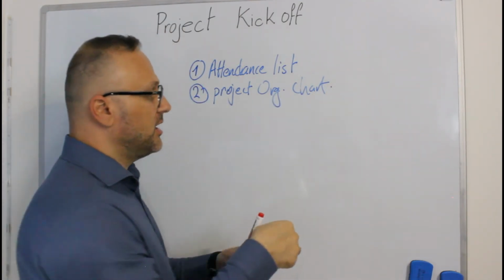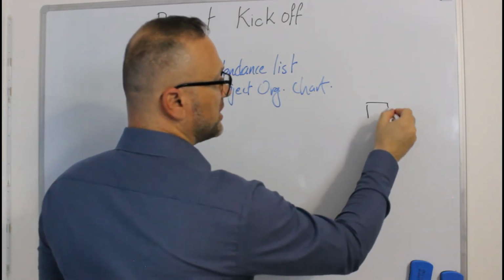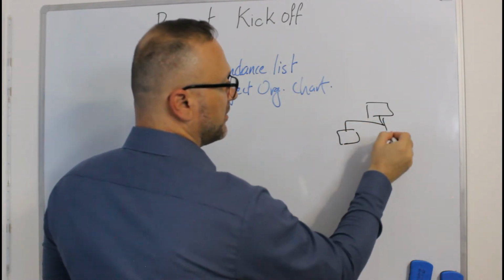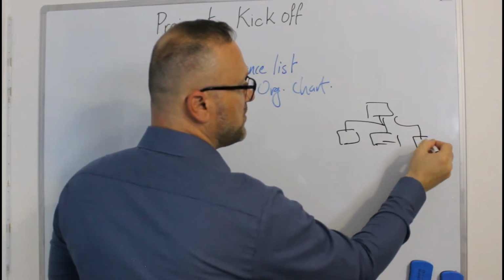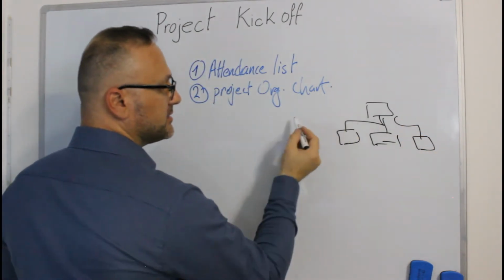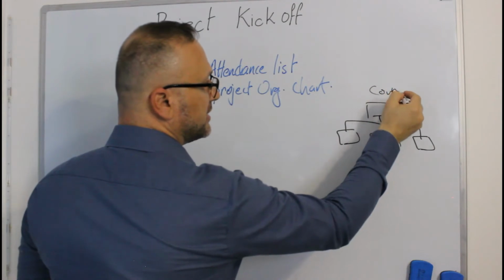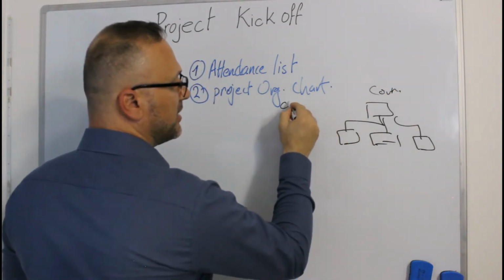It means I have here an organizational chart showing who is reporting to whom, and I know that this is the contractor and maybe this is the client,